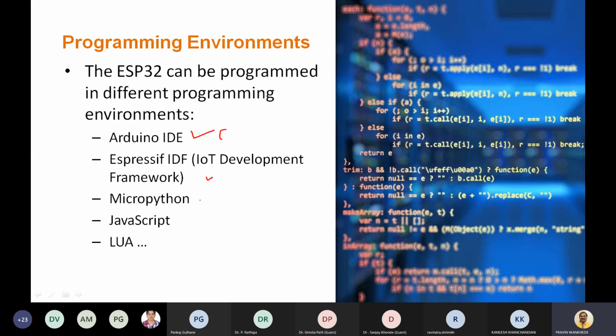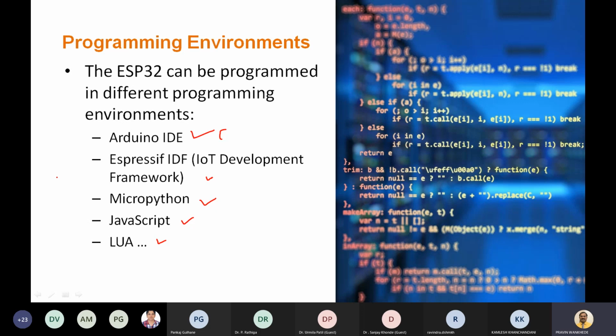Then we can also use MicroPython IDEs; any Python IDE which supports MicroPython can be used to program the ESP32. Then we can also use JavaScript. There is another language called Lua, which is also used to program the ESP32, and there are other languages which also are supported. Nowadays, the community is developing different IDEs to support different languages for the ESP. That is another advantage of working with the ESP32.